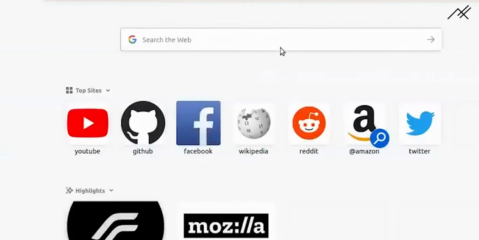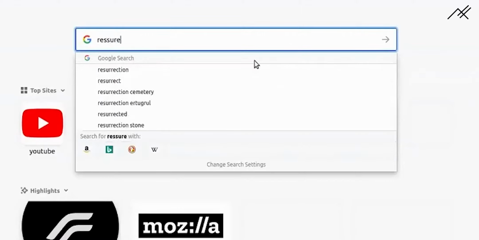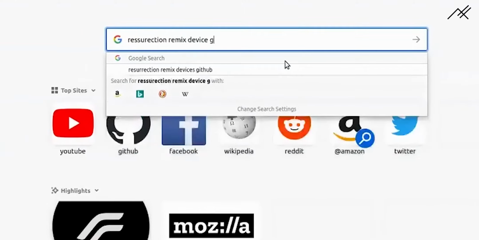So how it will look, if you go to the Resurrection Remix devices GitHub,